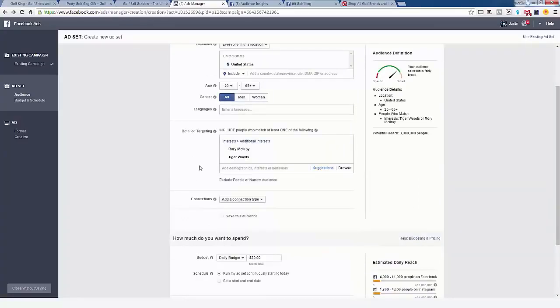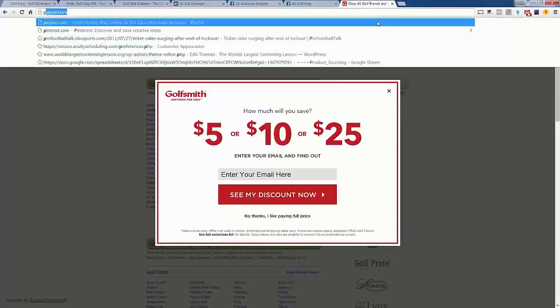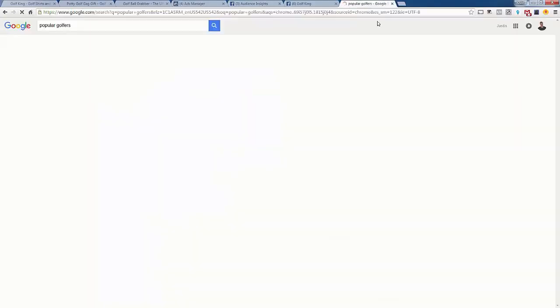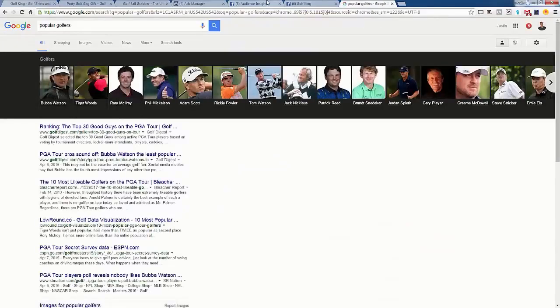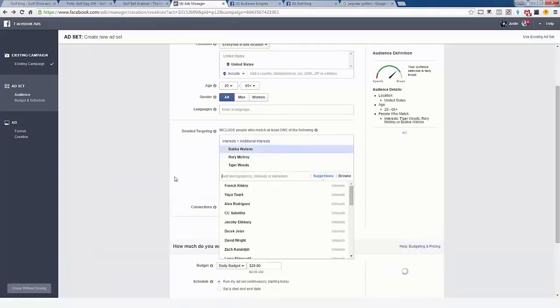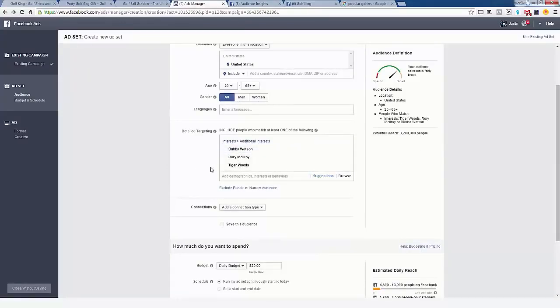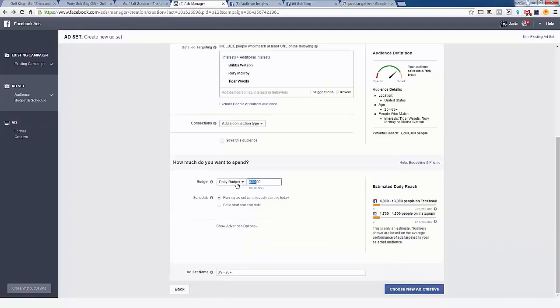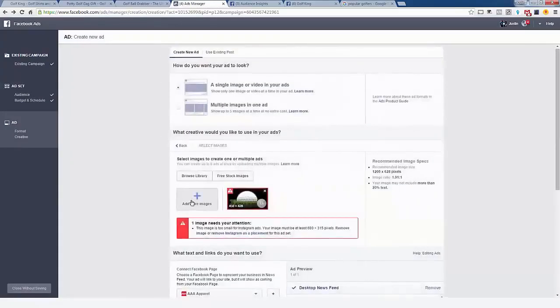So, for the interest of time, I'm not going to go through all this. We can go onto Google and search popular golfers, find all the different names, and start adding them to our ad, just like we did for the other one, and have an interest group now about professional athletes or professional golfers. Change it to $5. Keep going through. We are going to create